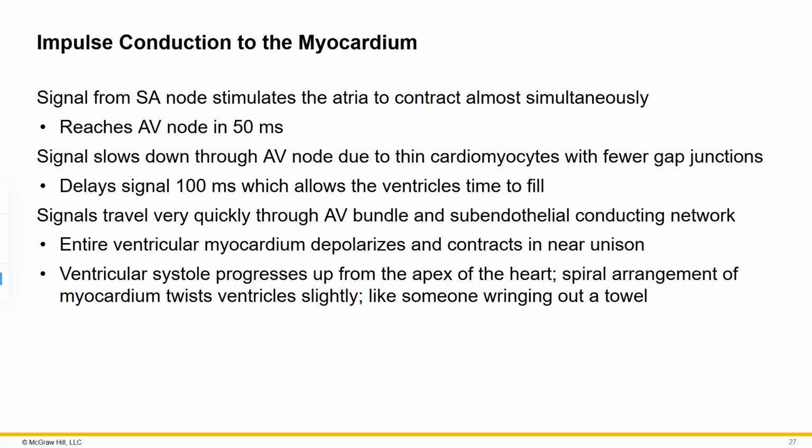So we want to push the fluid down from the top into the bottom of the heart. We want to make sure that all of the blood is down in the bottom of the heart before we then contract the bottom of the heart. So we have to have this pause to allow for the blood to go from the atria all the way down into the ventricles. If we don't pause, imagine you have a sponge and imagine that there's a spill on